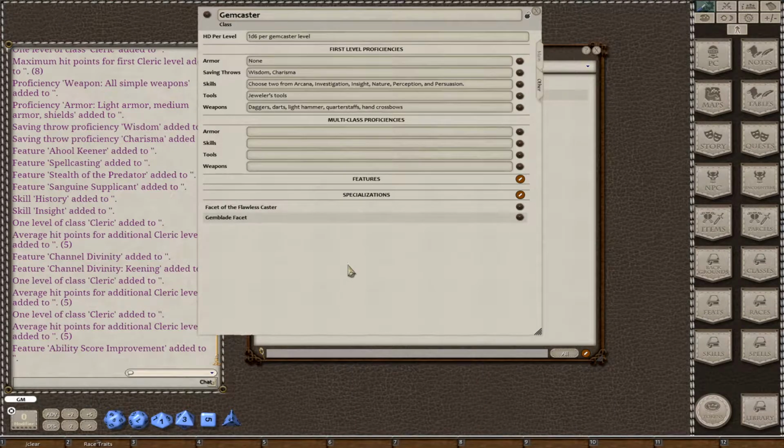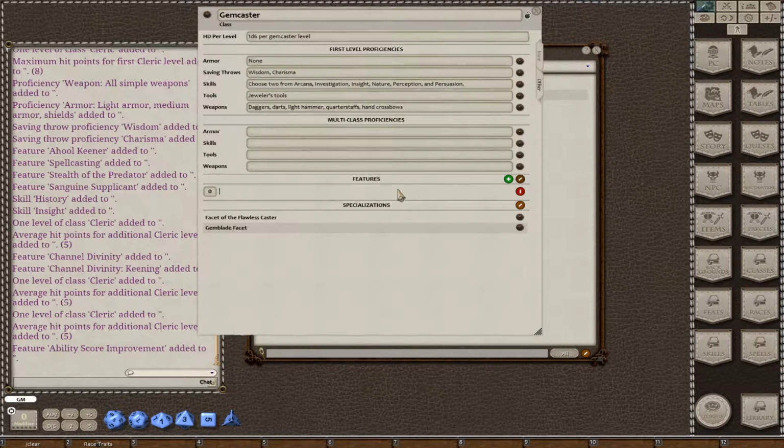So I'll start with the first few, and then I'll skip ahead. So the first feature, spell casting